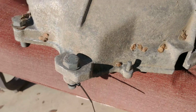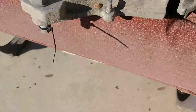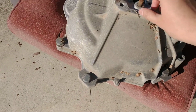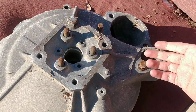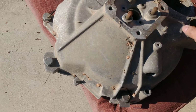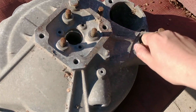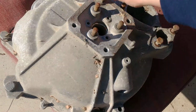Just another video for a tech tip here. I know most of you guys have projects, and if you're like me, if you're off, sometimes you ignore them longer than you need to. But another tip that you guys could do is for fasteners, right? I know you could tape it, you could bag it, you could bag and label, right? Bag tag. But you could also run it into the appropriate threads that the particular fastener threads into,